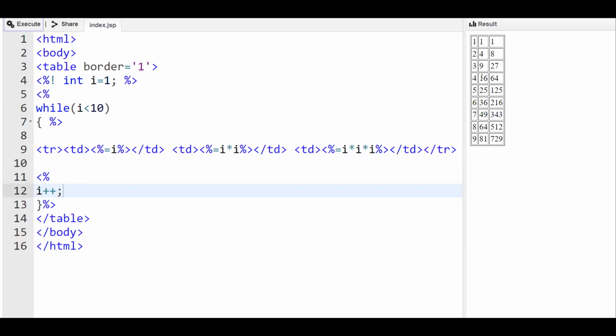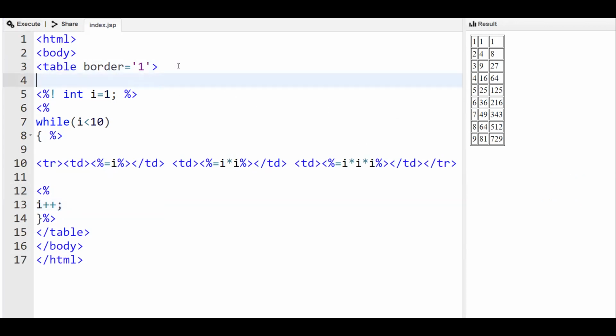So 1, 2, 4, 8, 3, 9 like this. But for this, we need to add a header. It would be meaningful only if we add the header for this table. The header can be added either through a th tag or even with tr only. So let us try to add that header to /td.